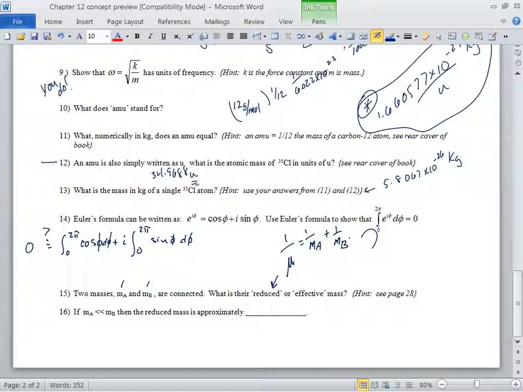Now this is going to happen a lot. We're supposed to be using mu, but it really reduces down to either Ma or Mb. The reason is that very often, think of a molecule like HCl, one of these bodies is much, much lighter than the other one. If Ma is much, much smaller than Mb,